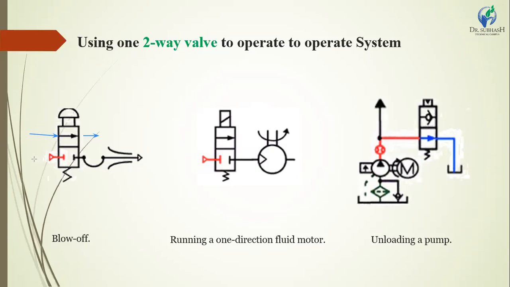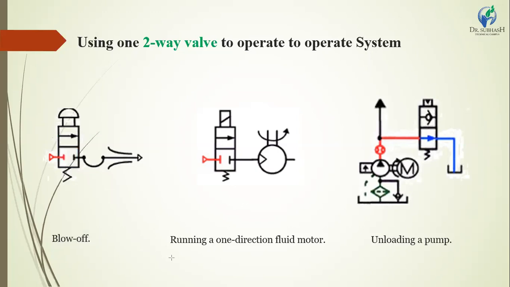Here the connection is attached in the second position, and the second position is mentioned as the closed position. Here the position is closed, meaning the inlet from the pump and the exit to the hydraulic circuit are closed. So this position is called blocked off, meaning the valve is not in a working condition.